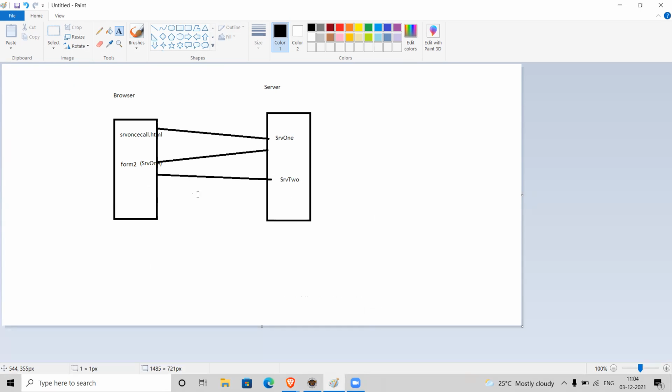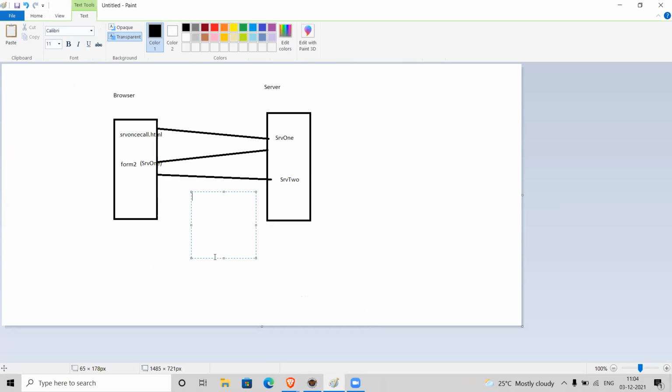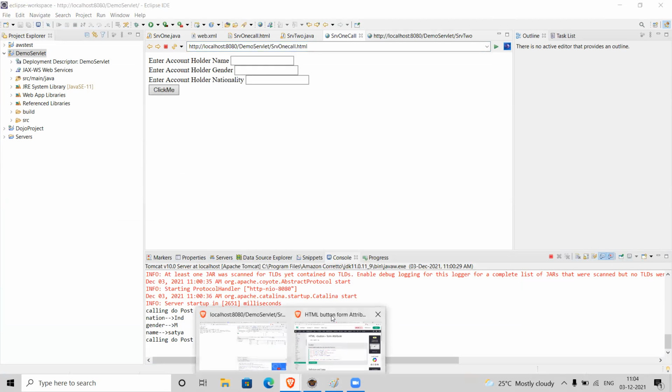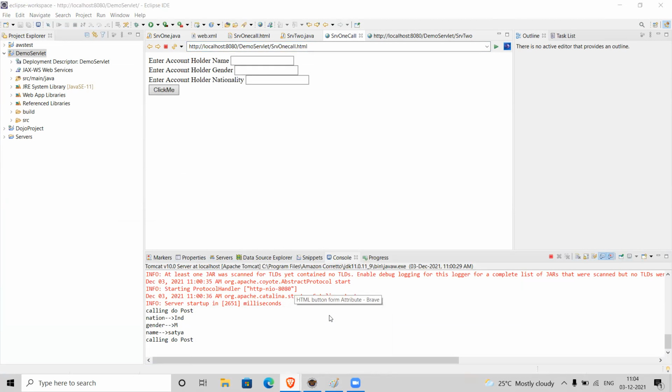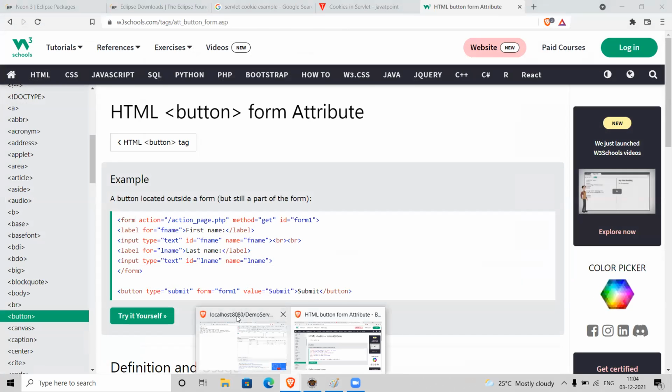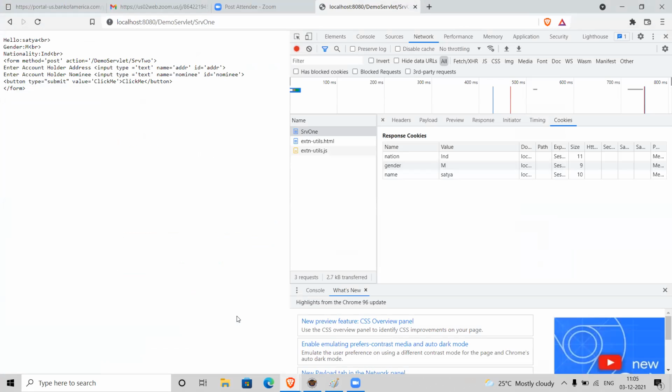Along with this transmission, there is another drawback of using cookies. Suppose I clear my browser history along with cookies, what happens? The data will be lost. We won't get the form 1 data.